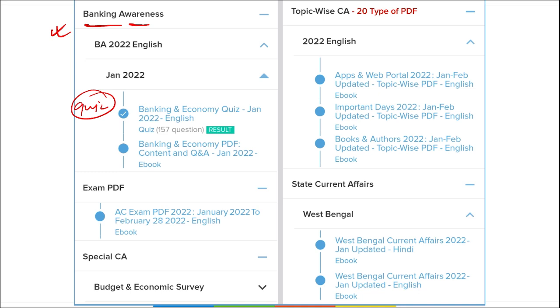Apart from this, if you see topic wise, for example, there are multiple questions that are related to obituaries, important days, who won which event, who was awarded with which award. So all these topics that are related to your GS or GK, such as apps and web portals, important days, books and authors, the new applications that were launched, new government schemes that were launched by the government, or your international affairs or national affairs. All these topics, there are 20 such topics of which we are providing the PDF, as well as we teach